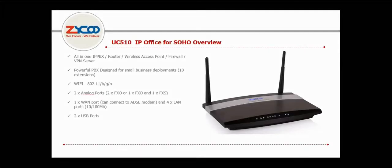So what is the UC510 IP Office for SOHO? It's an all-in-one solution that offers IP PBX, router, wireless access point, firewall and VPN server. Its primary function is a powerful PBX designed for small businesses and can support up to 10 extensions. It supports 802.11 B, G and N for wireless and comes complete with two analog ports, either 2 FXO to connect two PSTN lines to, or 1 FXO and 1 FXS so that we can connect one PSTN line and an analog device such